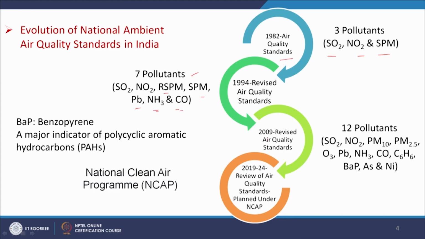In 2009, again it was revised, and the air quality standard in 2009 contains 12 pollutants like SO2, NO2, PM10, PM2.5, ozone, lead, ammonia, carbon monoxide, C6H6, BAP, arsenic and nickel. So, these are the 12 pollutants, increased from 7 to 12 in 2009. The BAP is benzopyrene, a major indicator of polycyclic aromatic hydrocarbons or PAHs, and during 2019 to 24 a review of the air quality standards of 2009 is proposed, and this is planned under NCAP, that is